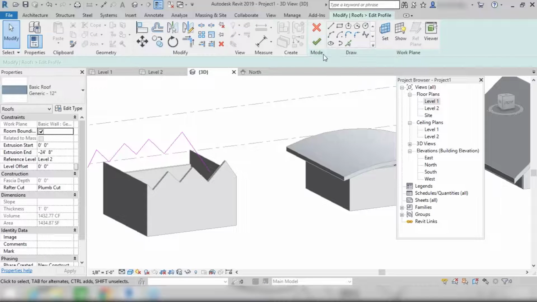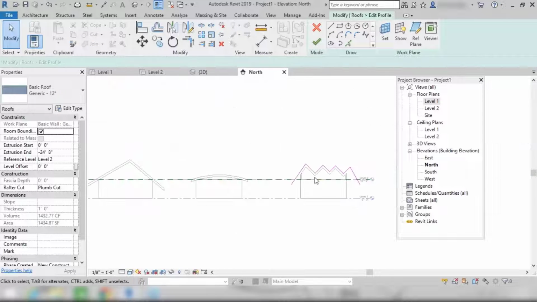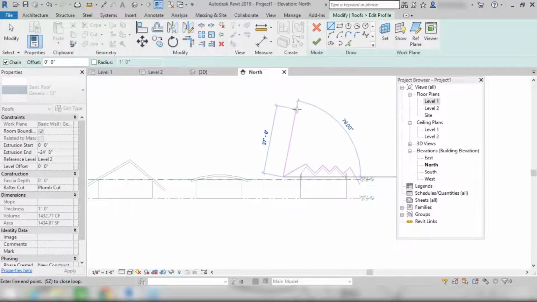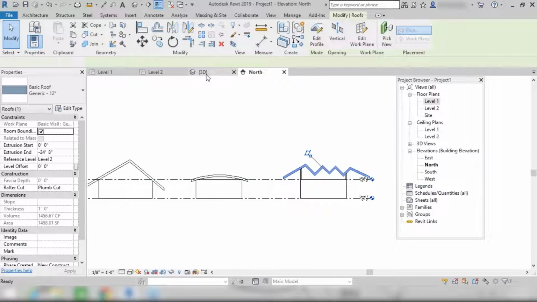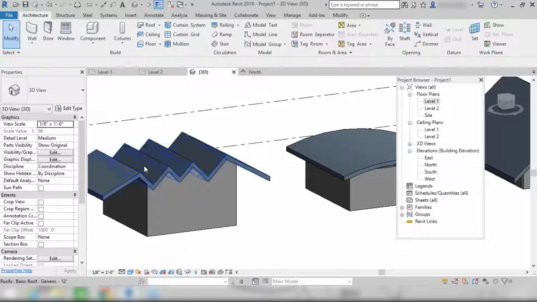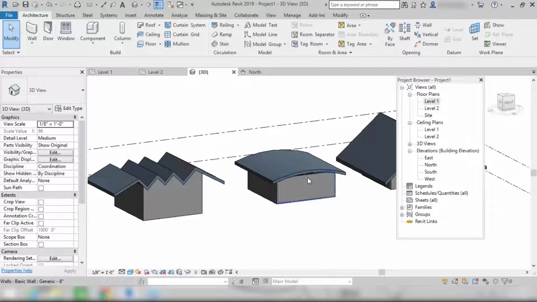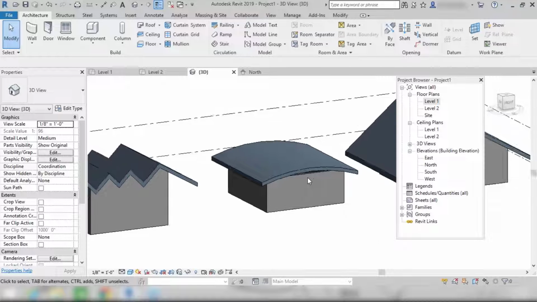At the later stage, you can change this geometry as well. We have setting for edit profile as well. If you want to edit this profile, you need to go to your north elevation. Let's suppose you want to change this line. You can delete this and create a new line here, right? At a different slope, right? Same can be done to any other line as well. We can change its geometry like this. And at last, you need to click on this finish button, right? Go to your 3D and it will look like this.